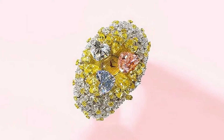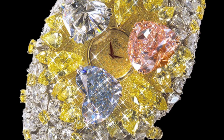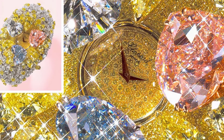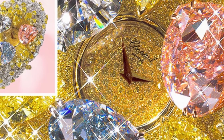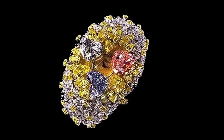Chopard is known for making watches that are a cut above the rest. Not only does every timepiece in the company's collection boast superb quality, but each one has a highly unique design that sets it apart from other styles. This is especially true of the 201 Carat Chopard watch, a dazzling accessory made in 2000 that brings a whole new meaning to luxury. At the center of the gleaming white gold and yellow gold hardware is an internally flawless